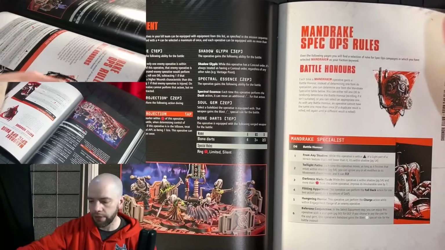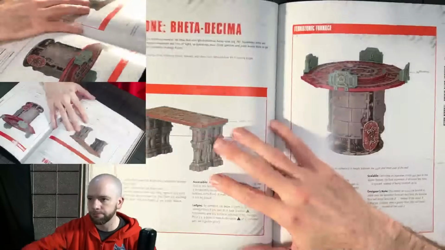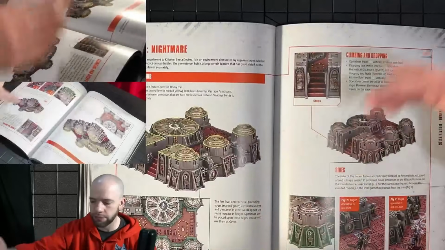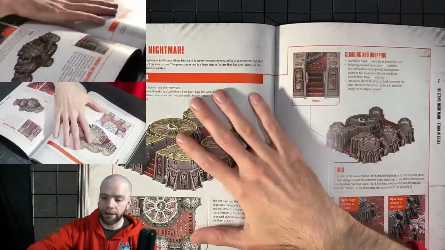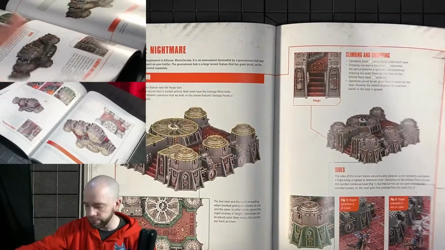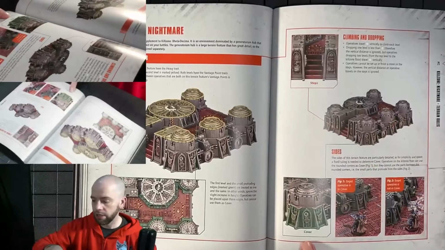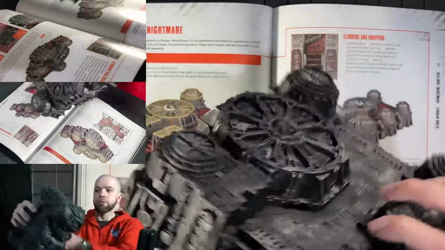Cool. And then, very finally, I just want to quickly point out that there is the Beta Decima terrain that this is supposed to be used on. There is obviously the terrain. We have vantage points. Cool. They also, interestingly, define it here. If you look at this piece of terrain,